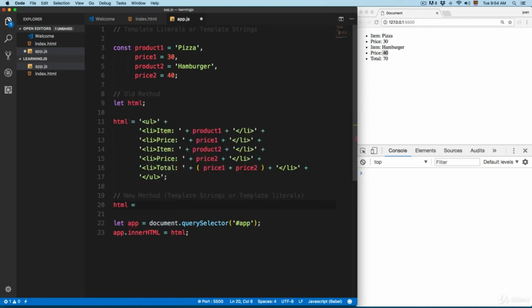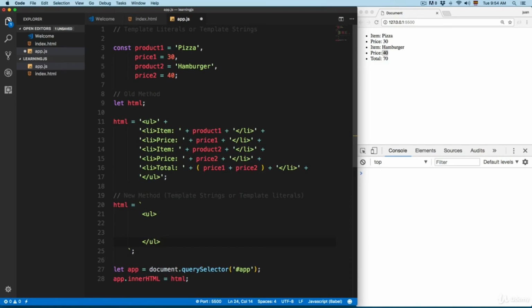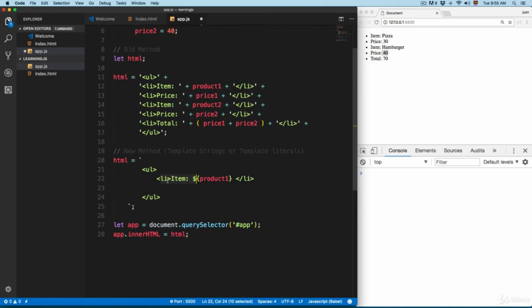HTML equals, then we're gonna use these quotes, which is more like a backtick, and then I'm gonna add the semicolon at the end, and it's going to be like this, UL, and let's close the UL right here, and I'm gonna add an LI, and then we add item. Instead of having concatenation here, you print these variables using the dollar sign, then you open and close the curly braces, and then you use these variables, product1. Then we close the li. So this is going to be the new way, and you can see this is the old way. In my opinion, this one looks cleaner, so we're gonna continue